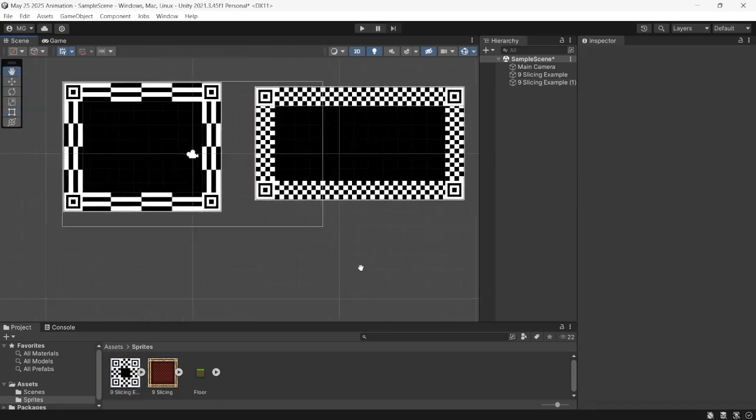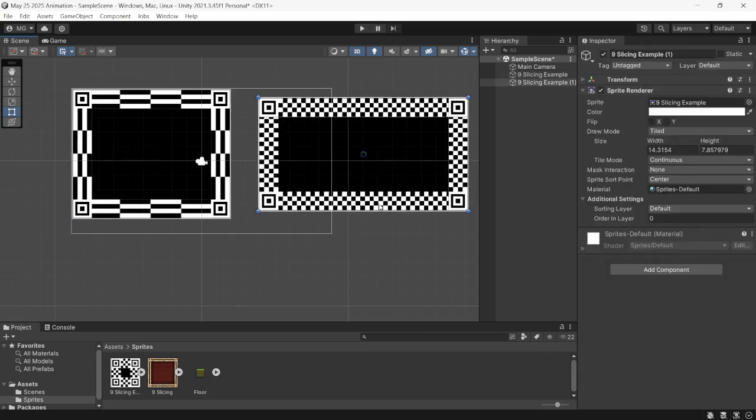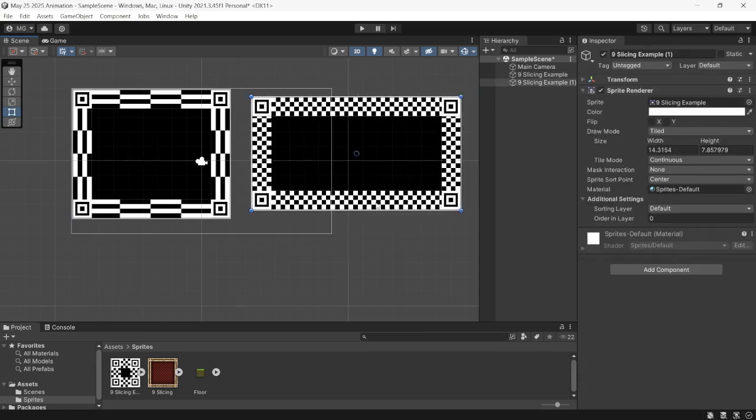So there is a difference here between the two techniques. This one is just regular sliced mode, and this one is tiled mode. So you have to use whichever one you feel that you want for your project. And I would even have the kids come up with different examples, right? Like this could be like the last 15 minutes of the day. Can you come up with an example for why you would use sliced versus tiled, and give them a couple minutes, maybe like 5 to 10 minutes to brainstorm it together, and then everybody shares and they show the results